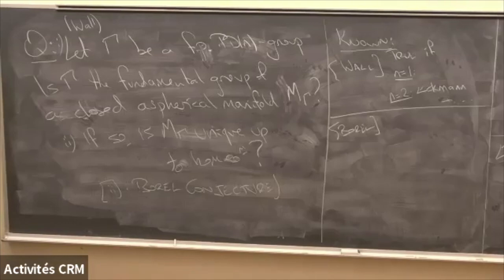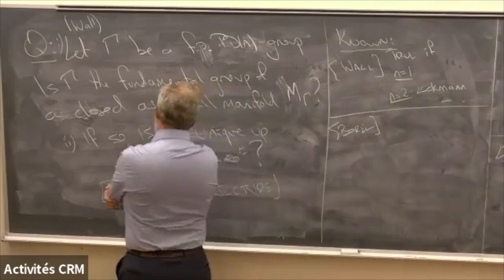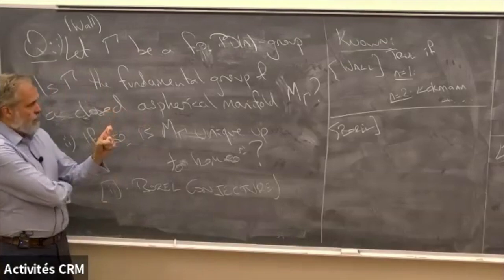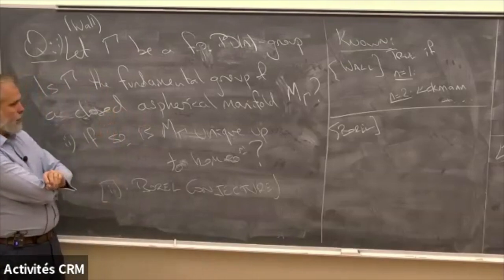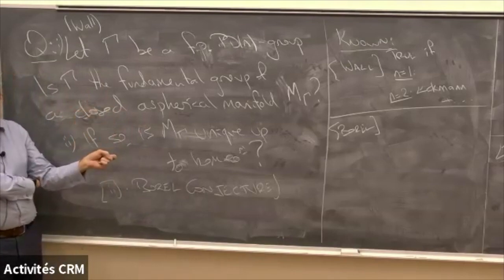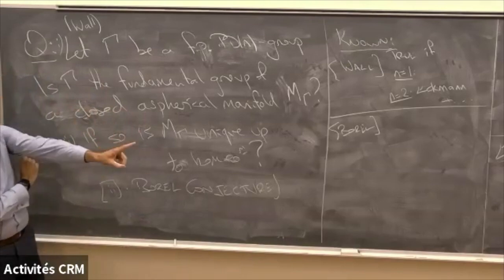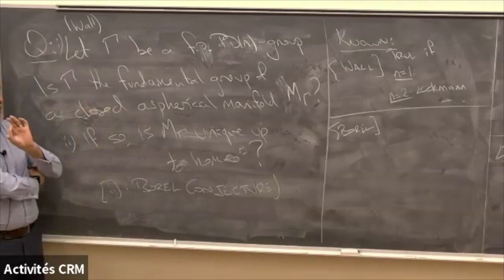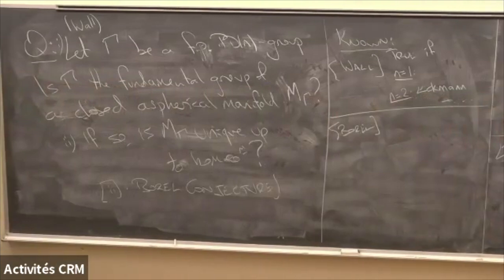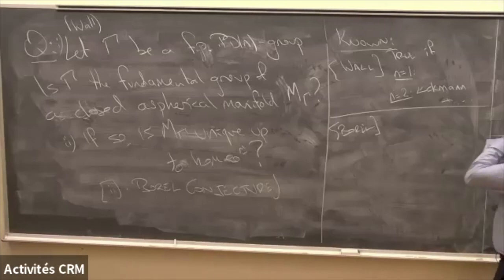In high dimensions, this is actually very closely related to surgery theory, which tells you the classification of topological manifolds in higher dimensions. I am not an expert in surgery theory, but I believe the words you're supposed to say are correct. An answer yes to both of these questions, where we're using Z gamma, is equivalent to the vanishing of the total surgery obstruction, which is something in algebraic L theory. Anyway, in dimension 3, it's not about surgery theory. It's much more related, I think, to things about 3-manifolds that we've been seeing. So we'll get to that.